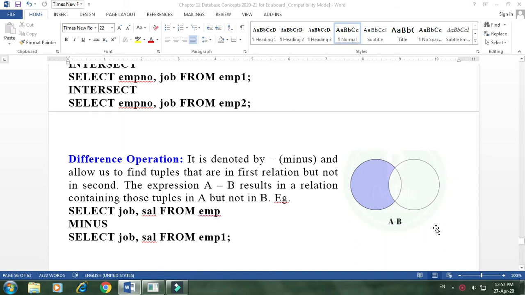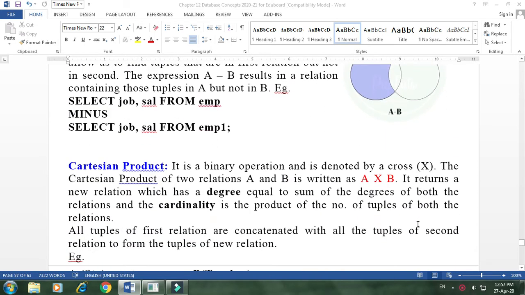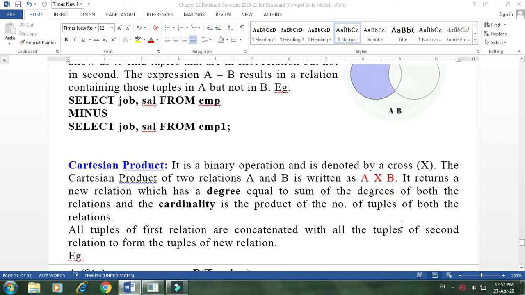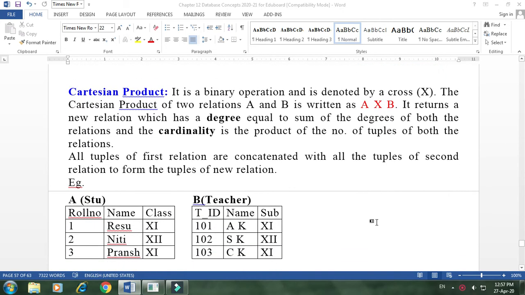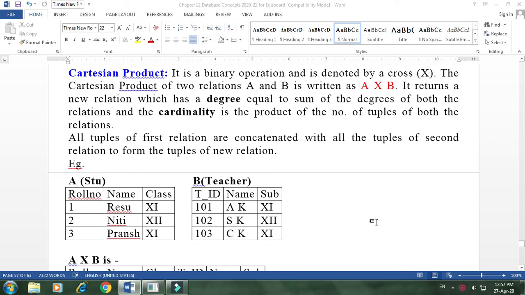Now let's discuss the joining of two tables. Basically, we want to talk about the Cartesian product. So let's learn the definition of Cartesian product, what this is and how it gives you the results. And then we'll learn the way we are going to join two tables. First, the Cartesian product.